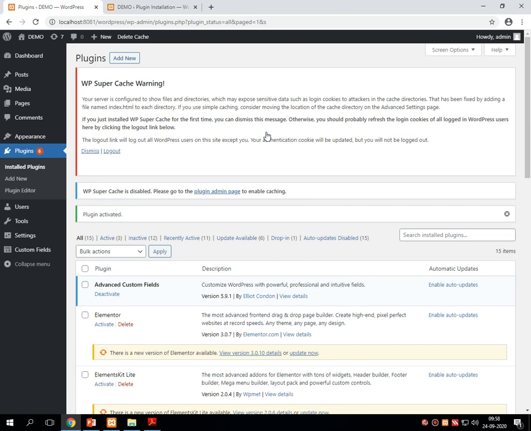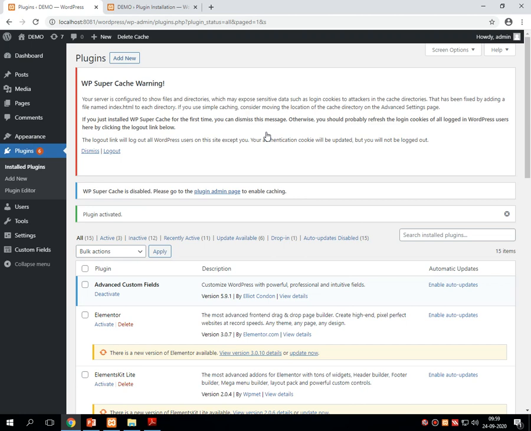Okay, fine. So this plugin is activated. WP Super Cache warning: your server is configured to show files and directories which may expose sensitive data such as login cookies to attackers. In cache directories that has been fixed by adding a file named index.html to each directory.